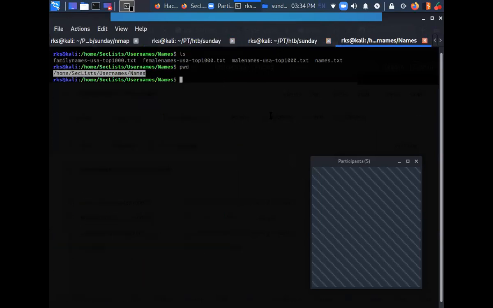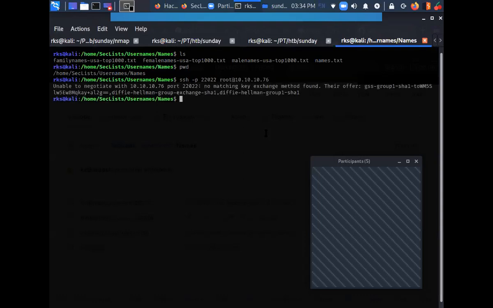Meanwhile, we can try to do an SSH. Let's do ssh hyphen p 22022 and root at the target. And what does it say? It says unable to negotiate, no matching key exchange method found, and they're offering this and this.